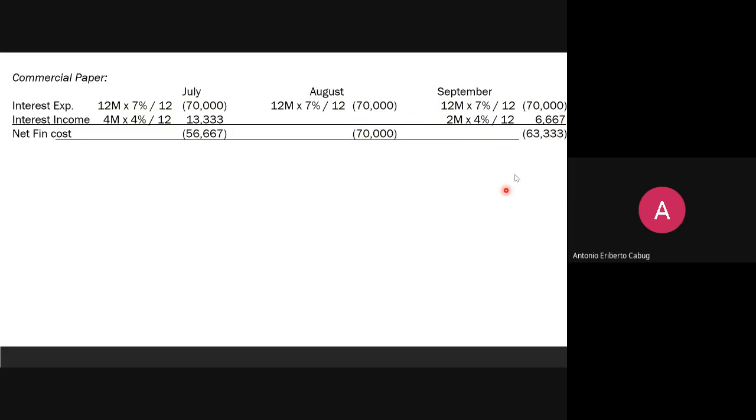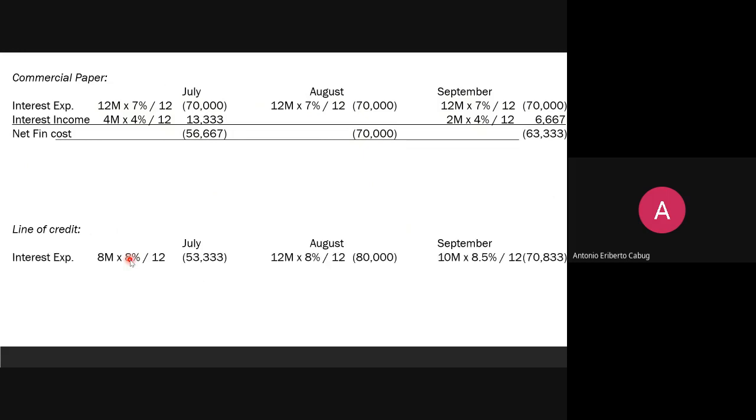September, 63,333. Now, when it comes to the line of credit, kung ano lang yung kailangan, yun lang yung hihiramin. Unlike sa revolving credit na magbabayad ng commitment fee, sa line of credit, walang commitment fee. Okay? So, 8 million lang hihiramin sa July. 8% daw yung prime rate over 12. August, 12 million. 8% over 12. September, 10 million. Tapos, it is projected that the prime rate will rise to 8.5% over 12. Okay? So, 53,333, 80K, and